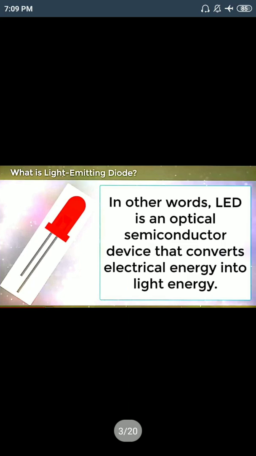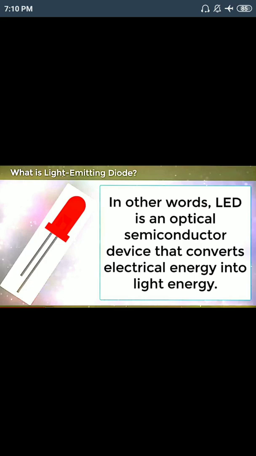In other words, we can say that an LED is an optical semiconductor device that converts electrical energy to light energy. It is connected in the forward bias region, so some voltage is applied. We know that in forward bias, after some voltage, that is the knee voltage, the current gradually increases, not linearly. When the current increases, the LED starts to glow.